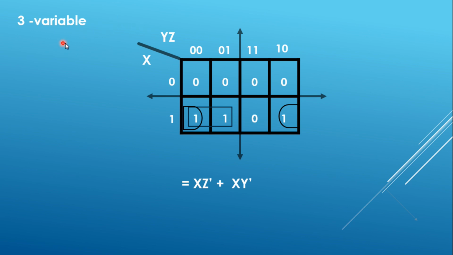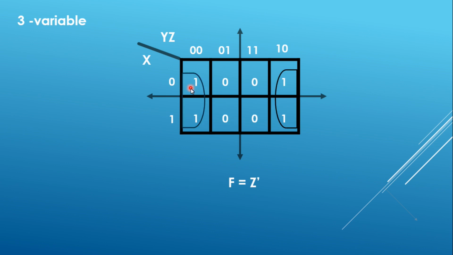Now in this one, here we have two pairs again. In the first pair, the curved one, x is constant, so x is retained, and y is changing, and z is 0, so z bar we will be keeping. Y will be removed, okay, because it is changing. Then in the second pair, x is 1 and so it will be kept. Y also will be kept because it is the same, which is 0, so y bar it would be, right? So we have x z bar plus x y bar as the expression.